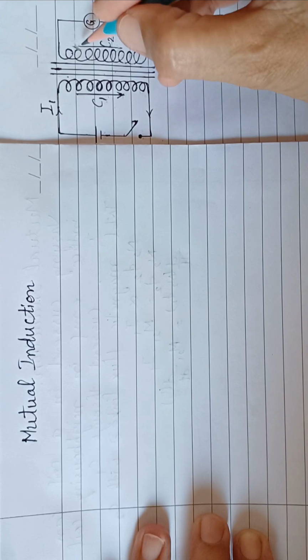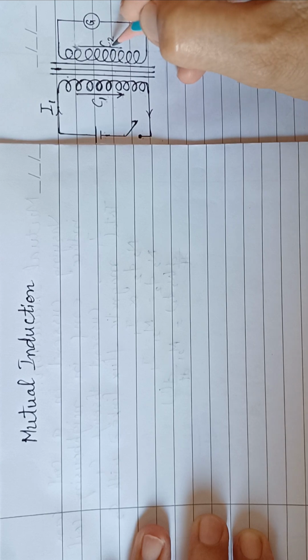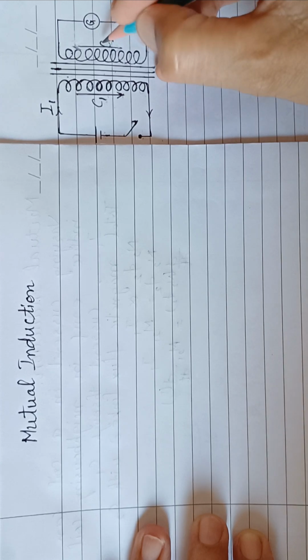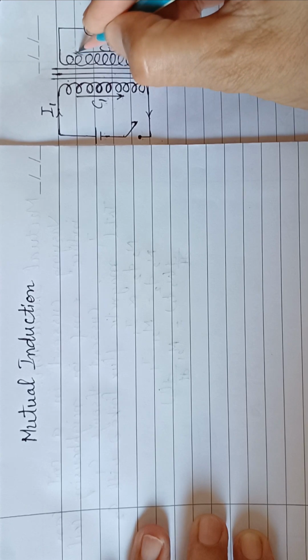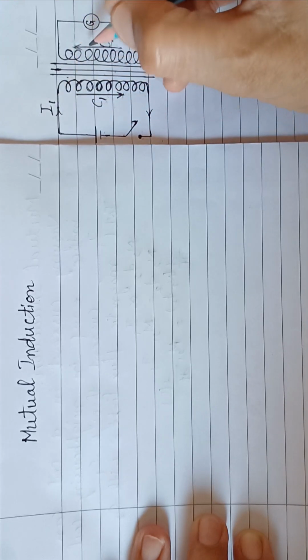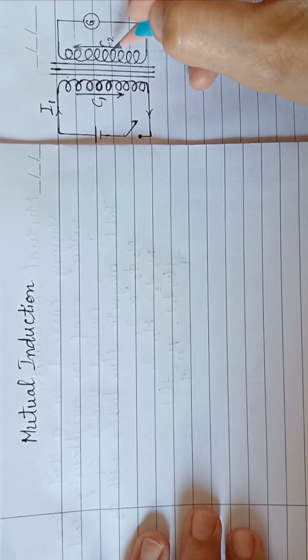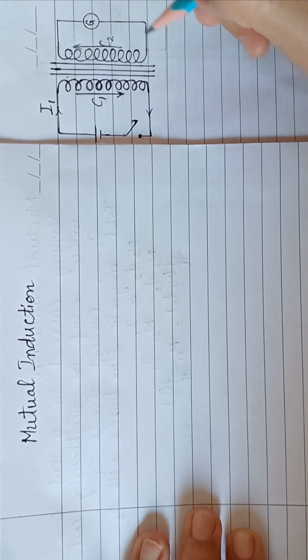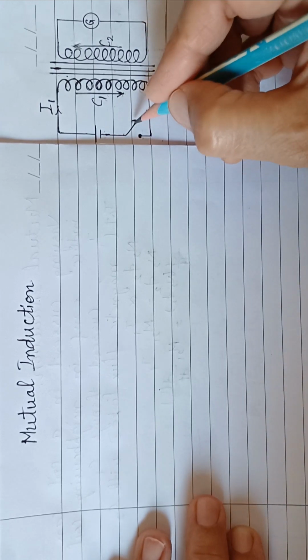So, an induced EMF is developed in coil C2, and an induced current flows through C2 in this direction, in the direction opposite to cell current, so as to decrease the magnetic flux or to decrease the current. Now, if we release this key,